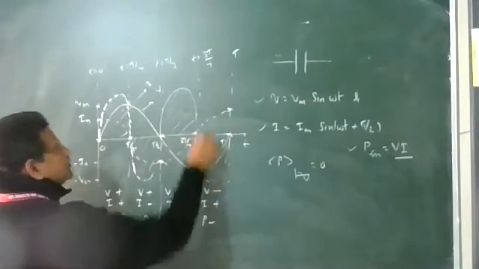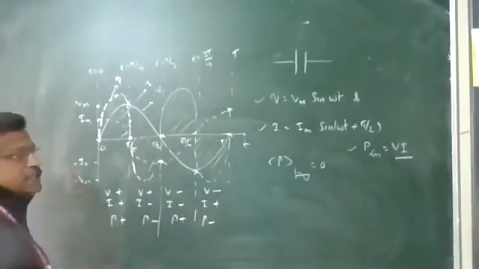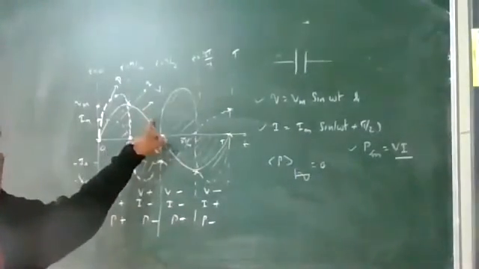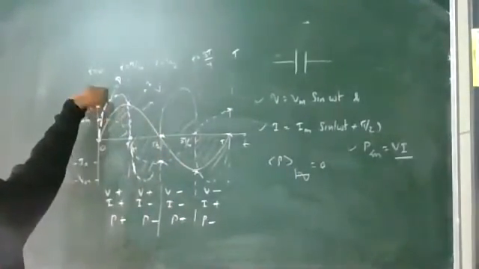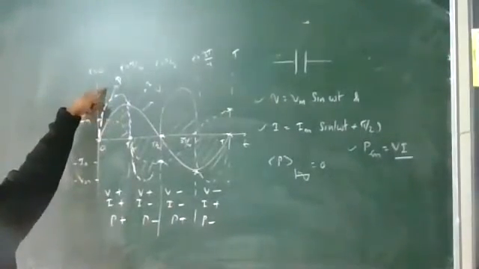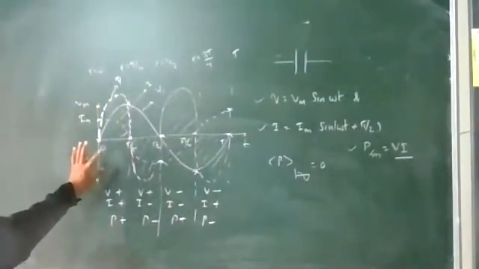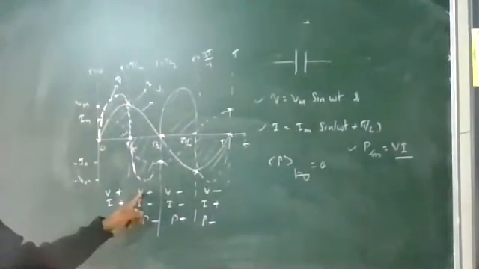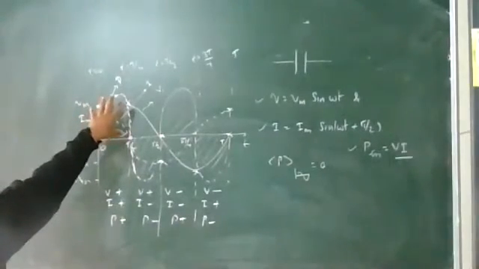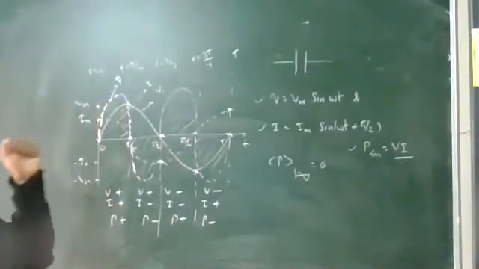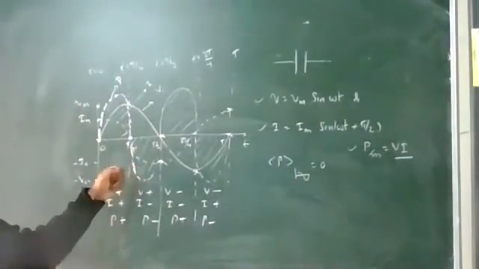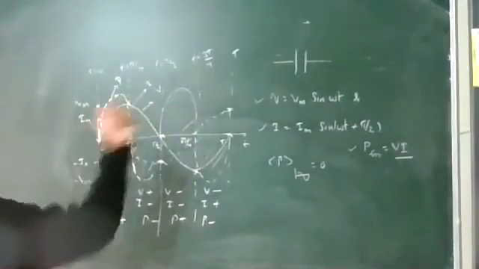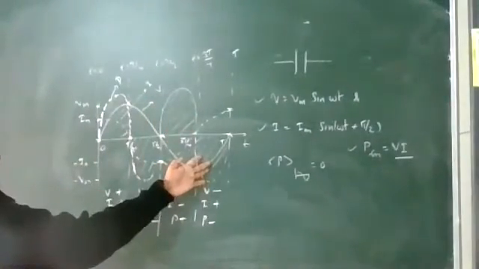So three graphs are marked here, and in the examination they asked to recognize which are the types of the graphs. You have recognized voltage, current, and the variation of the power in a capacitor circuit. So three things I plotted here: voltage, current, and the variation of the power. From 0 to T by 4, power is positive, energy is taken from the source. Next one, negative, energy is given out. Again, in the next T by 4 time, energy is taken from the source. And next, energy is given out of the circuit.